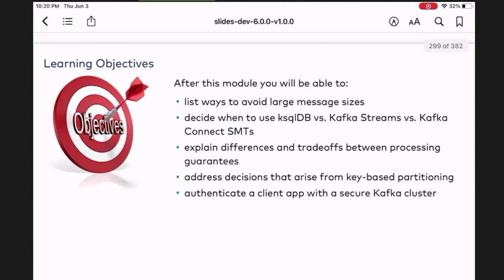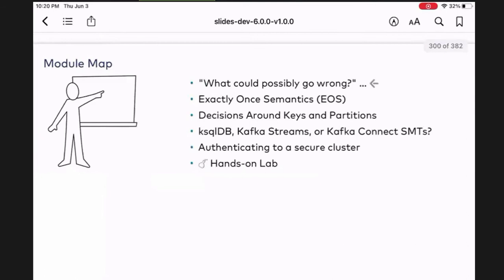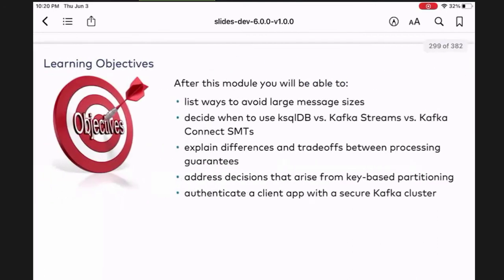But in this chapter, we're going to talk about some of the design decisions you can make when you're dealing with Kafka. Like, how do we avoid large message sizes? Because in Kafka, if you're running in Confluent Cloud, we say, yes, this is great. We customize it so we can go from 2 megabytes, I think, to 8 megabytes. And I think it's maybe even increasing because our environment is optimized for that.